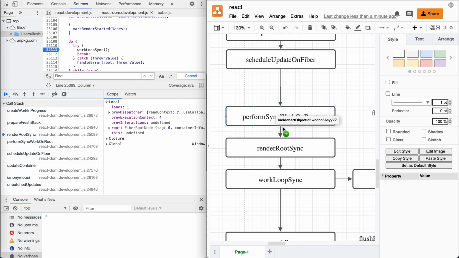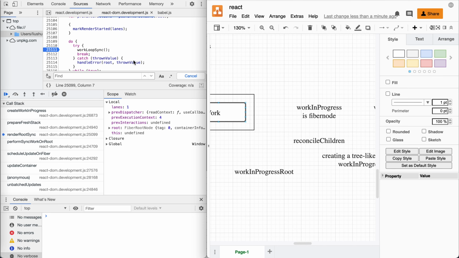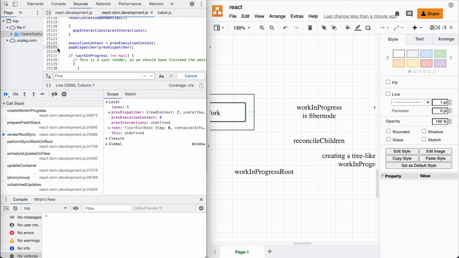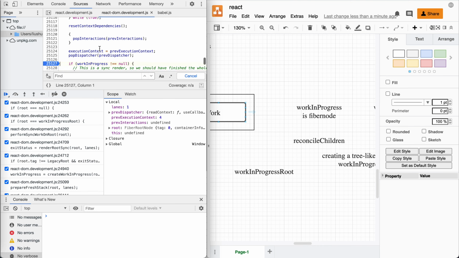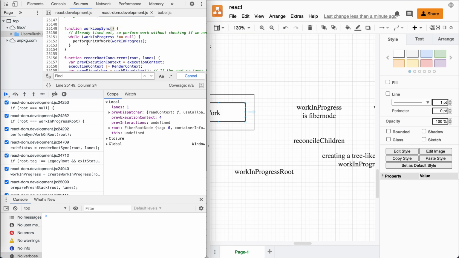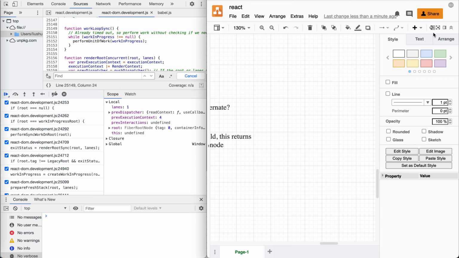Now it's work loop sync here, right? Let's see what it is. Let's add something. Now we go to work loop sync. It's actually just keep performing unit of work on work in progress. Now work in progress is